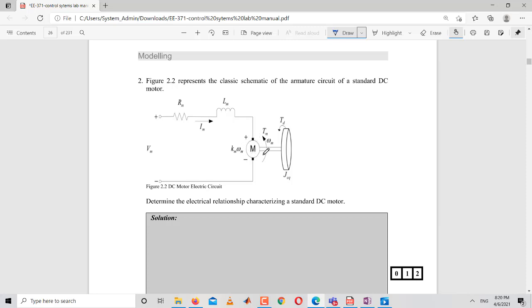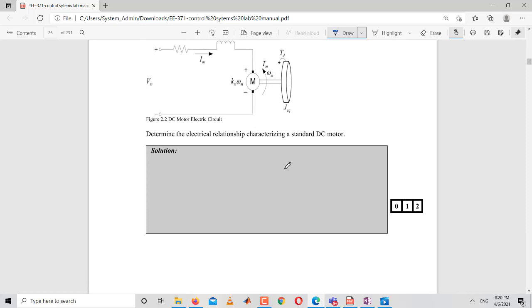Here this is a symbol for your motor, and the voltage on this motor is represented as K omega m, and this is the disc connected to the motor which is moving with the motor. So this is the direction of the torque produced by the motor, and this is how your disc is moving. And if you stop it with your hand, it means that you are creating disturbance and the torque D is in opposite direction. And this load, since this is a load, must have some inertia, and that inertia is represented by J here.